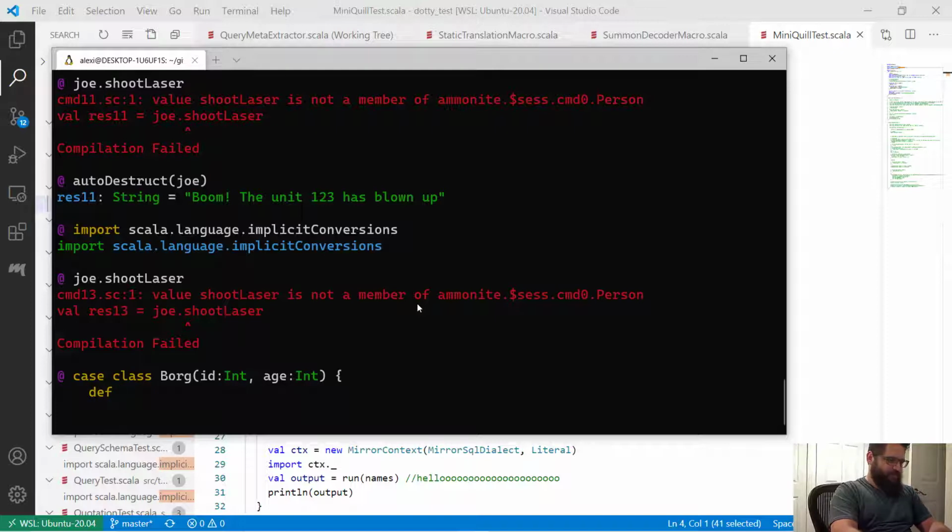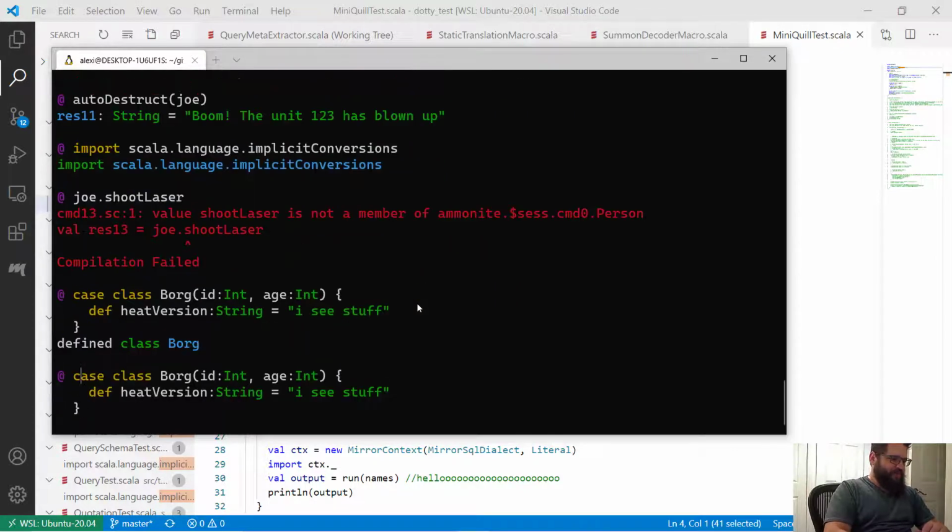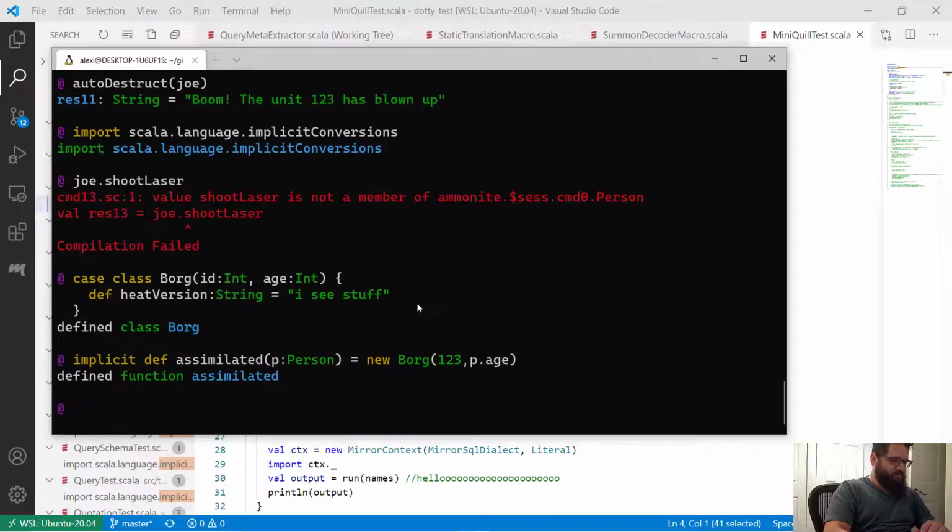Def, I don't know, heat vision, string, IC stuff. See if that does the trick. Let's redefine the auto conversion. And let's say